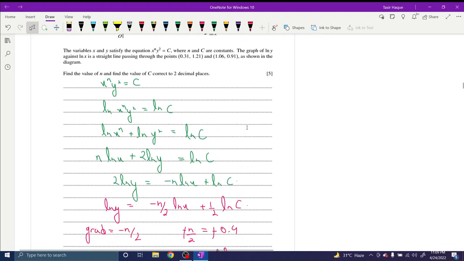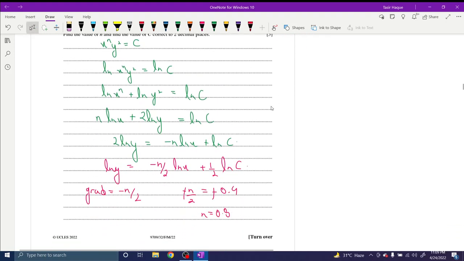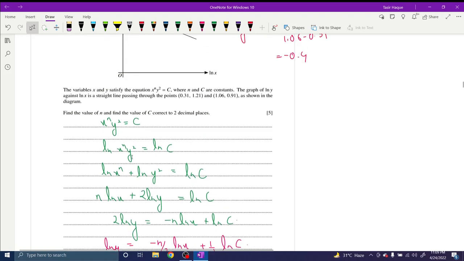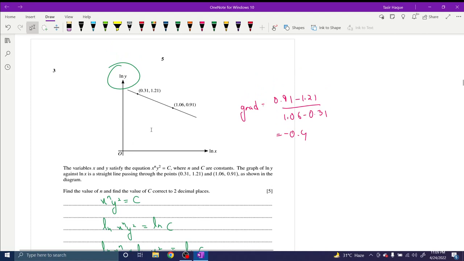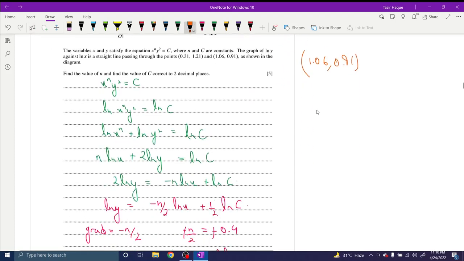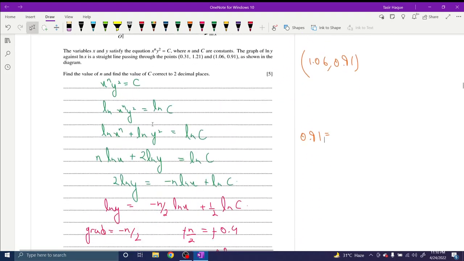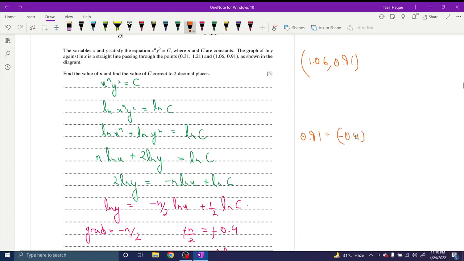What do we need to find? Find the value of c to 2 decimal places. So to do this, we can just substitute values inside this equation, right? Let's do that. So let's use these points, right? 1.06, 0.91. Okay, so 0.91 is equal to the gradient, which was minus 0.4, ln x, which is 1.06, plus half ln c. So half ln c is equal to